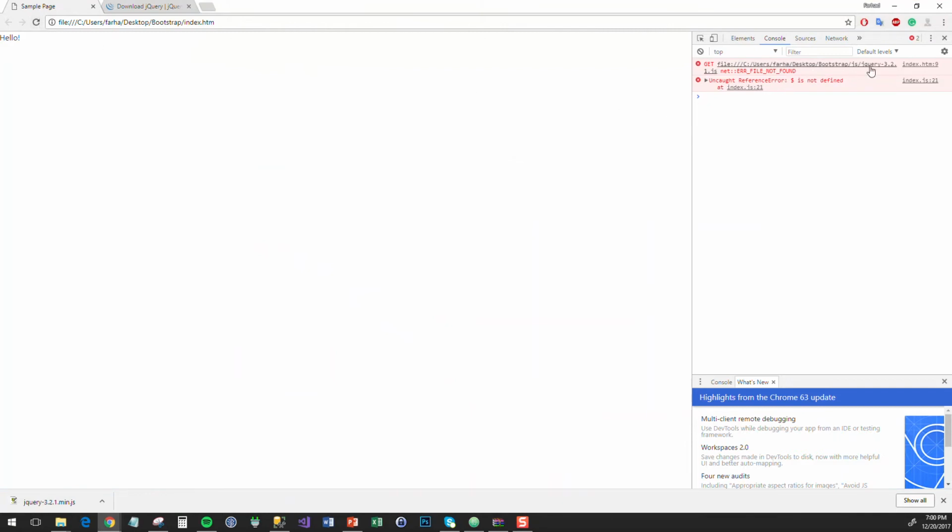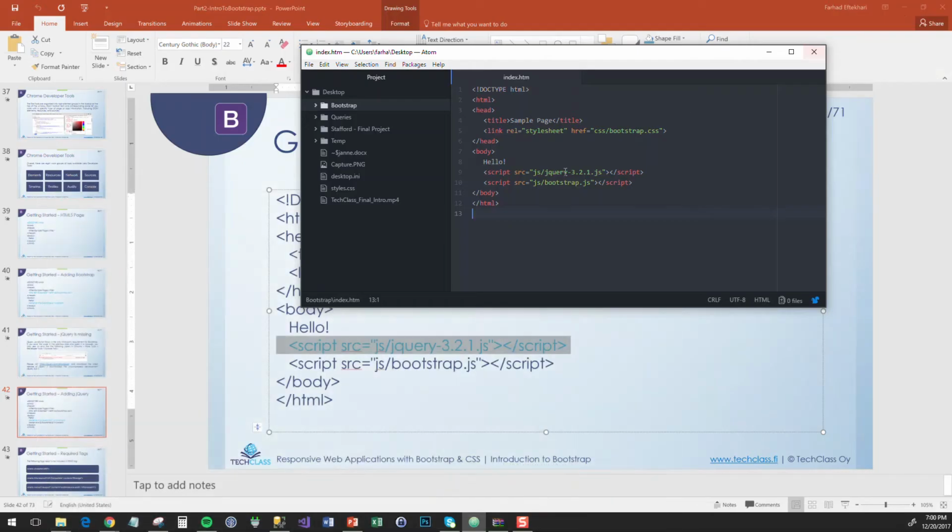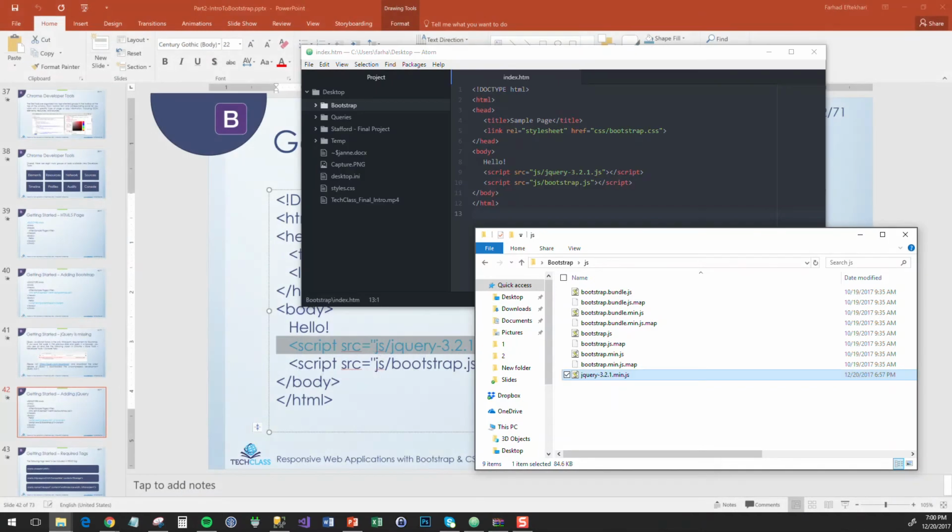Let's see what is missing. 321.js. Okay, it seems fine. Oh, actually, one thing I wasn't considering is this min part, because I downloaded the minified file. All right, now if I save it,